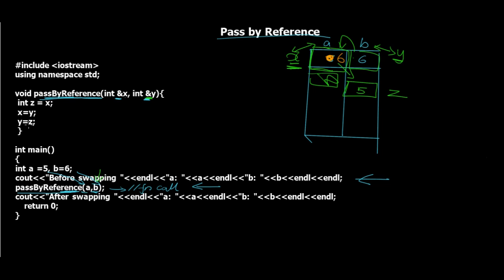And lastly we say y is equal to z. So the value of z is going to be copied into y. The value of z is 5, which is going to be copied over here. So I'll write down 5 and erase this out. After this function finishes, that is when we move on to the next line, which is going to be